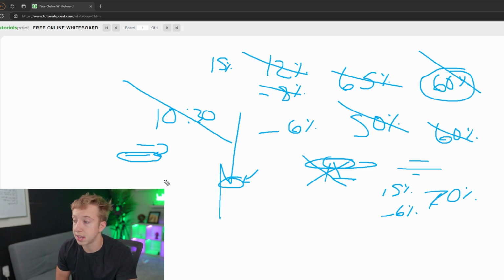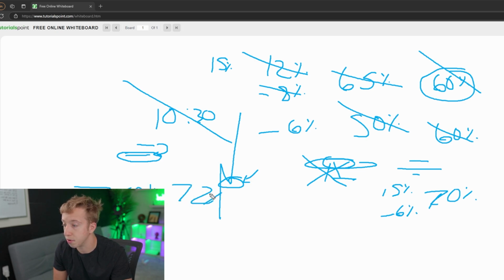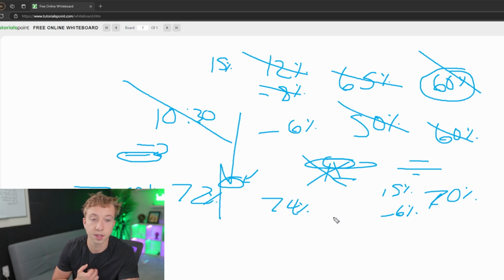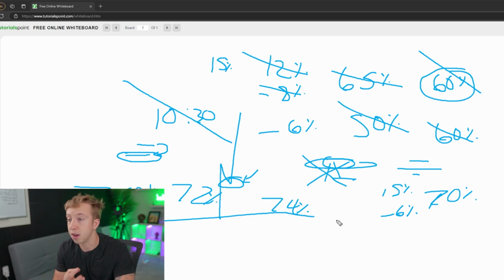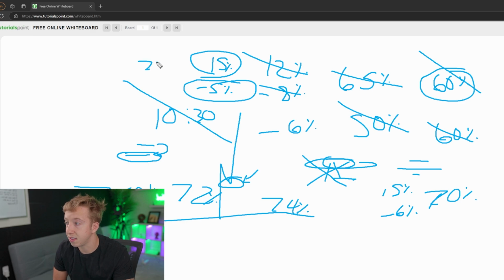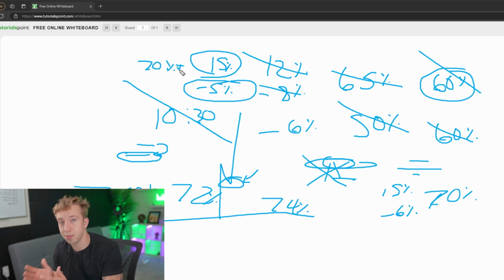And obviously, it's going to take time. Like, for example, year 1, you're at a 70% win rate. Year 2, you're at a 72% win rate. Year 3, you're at a 74% win rate. Like, it grows over time. Now, maybe not this slow, maybe not that fast. It all depends on who you are. But the main foundation is just build it up the smart way. And then just keep refining it until you hit a 15% reward and a negative 5% risk with a 70% win rate plus, and keep it that way. And that's exactly my step-by-step process on if I had to start all over again.